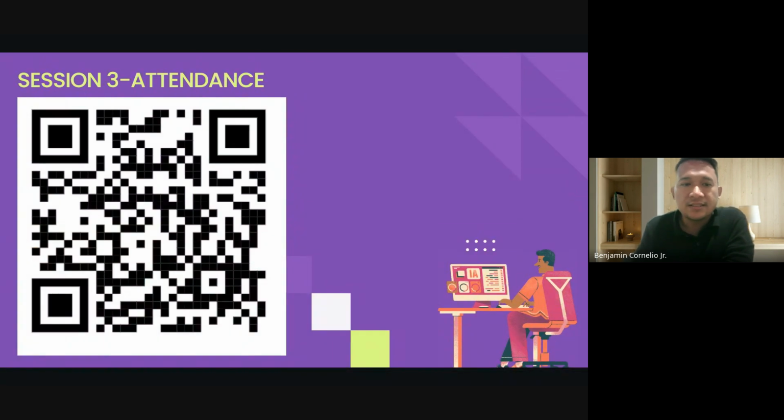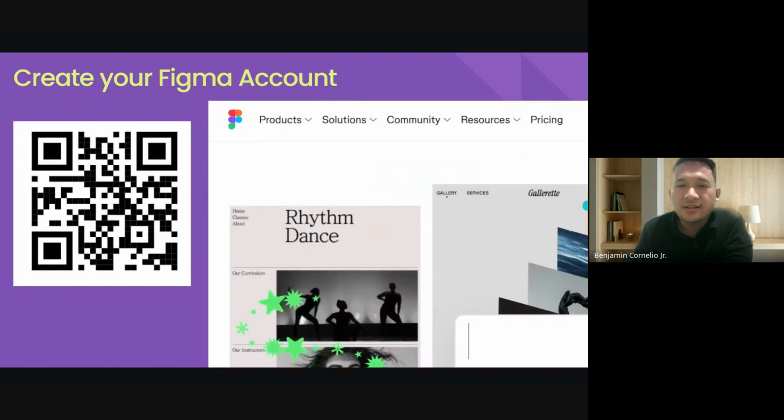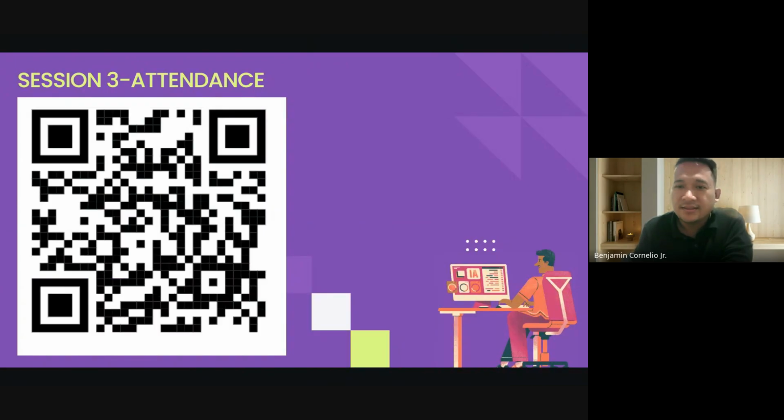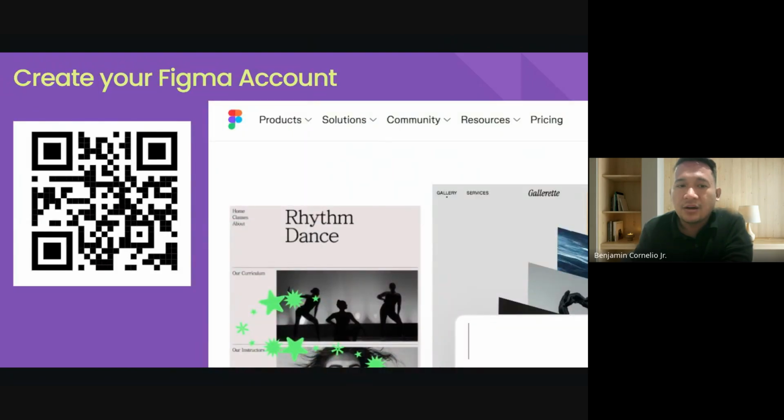Right, so this is session 3. If you can actually scan through the QR code or take a screenshot again and go back. Insert the photo or a screenshot. And last time, I believe most of you have created your Figma account. And before we jump into